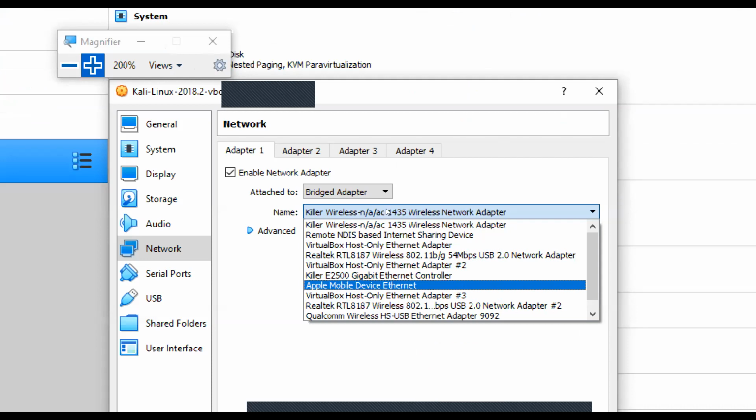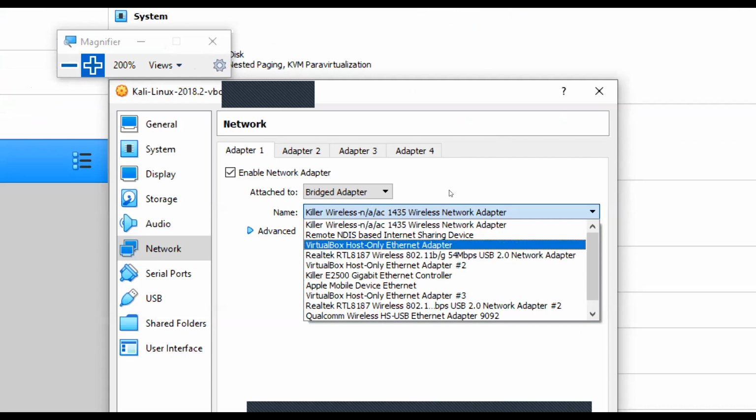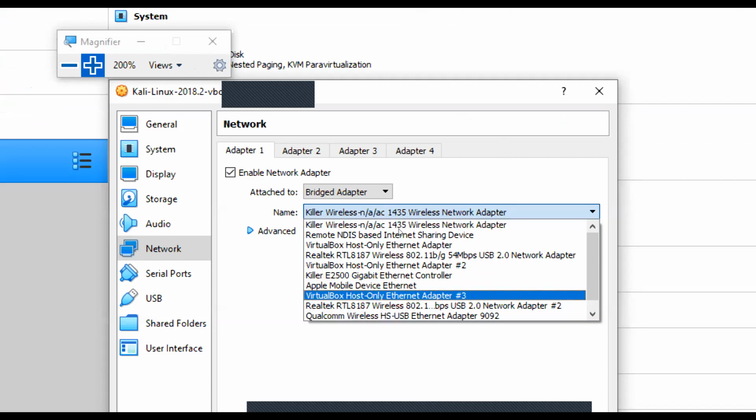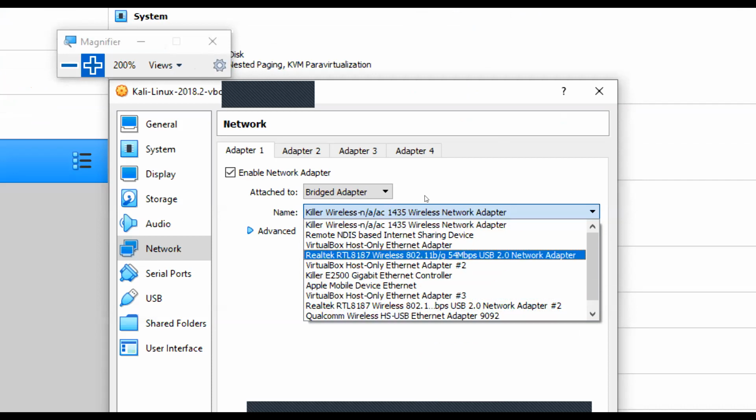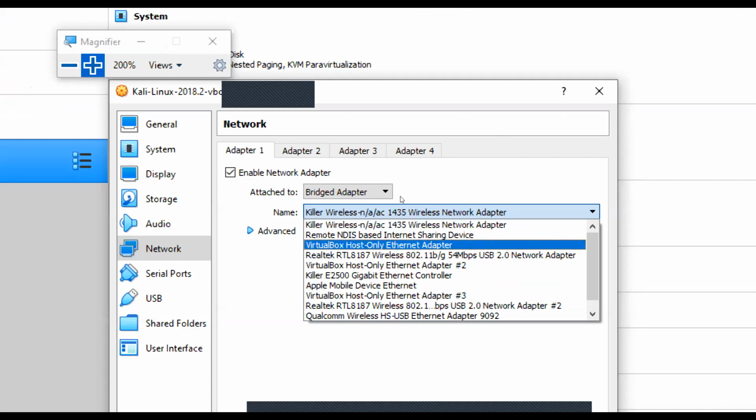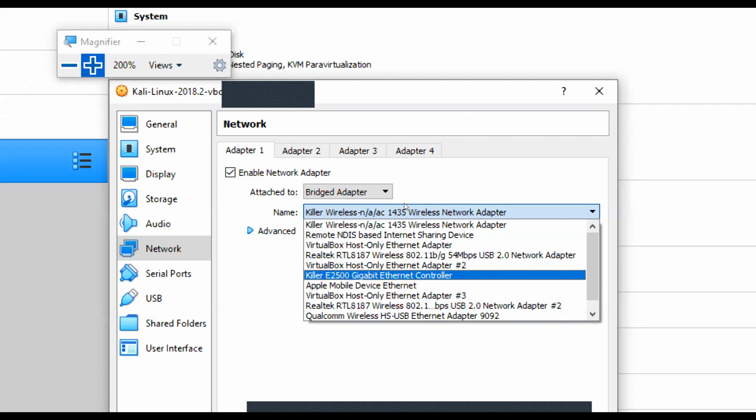It is not needed for you, and host only too. All these other things are different things on my machine, because mine is a different version of laptop. I bought this laptop from the US, so I have different adapters over here. If you have a laptop that is imported, you'll see different types of adapters.